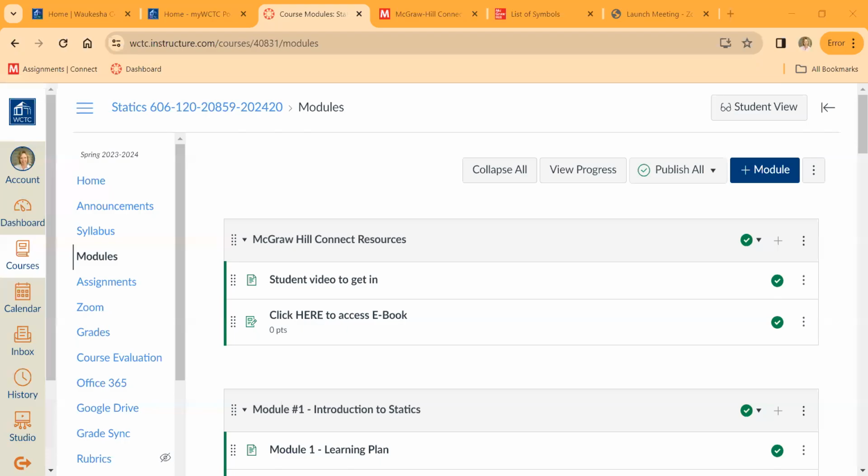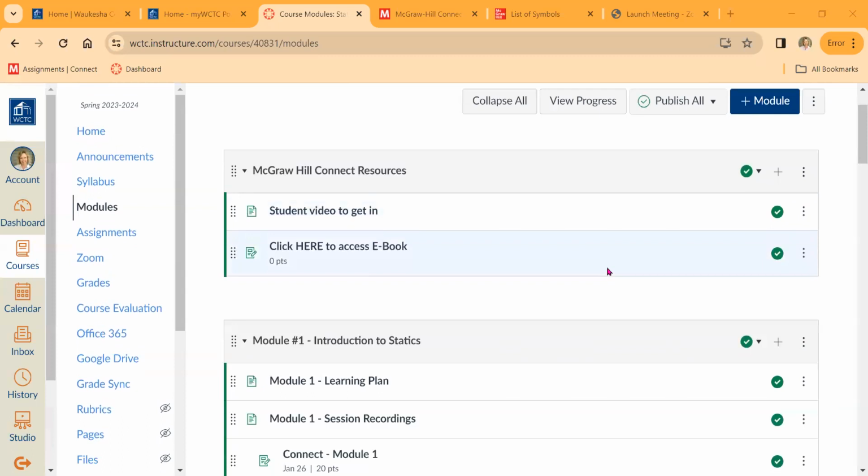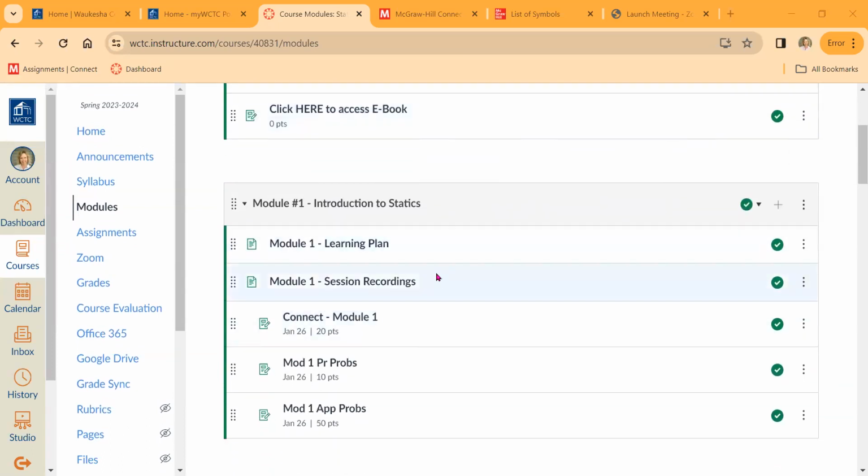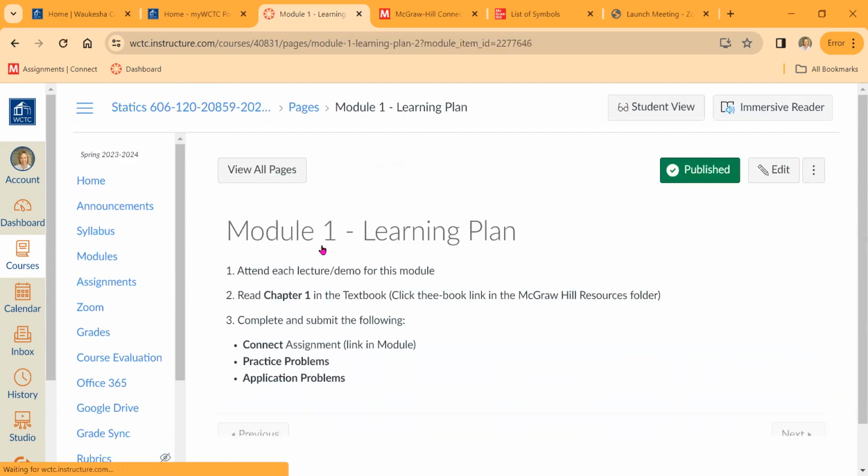Okay, so we're going to start looking at our first set of practice problems, which you're going to find in module number 1. We're going to go down to module number 1, practice problems. Now, if we look at our learning plan first, just as a review,